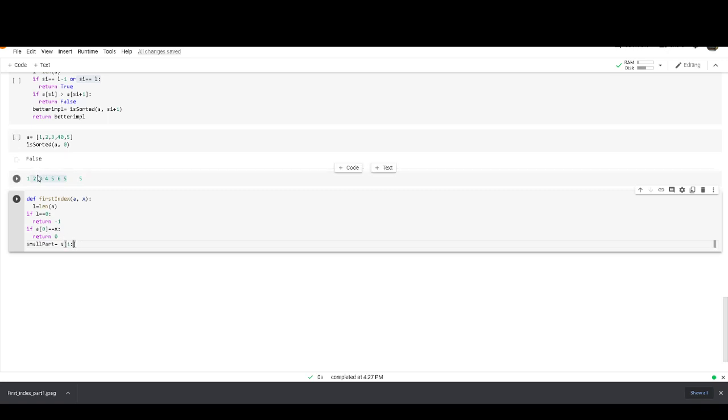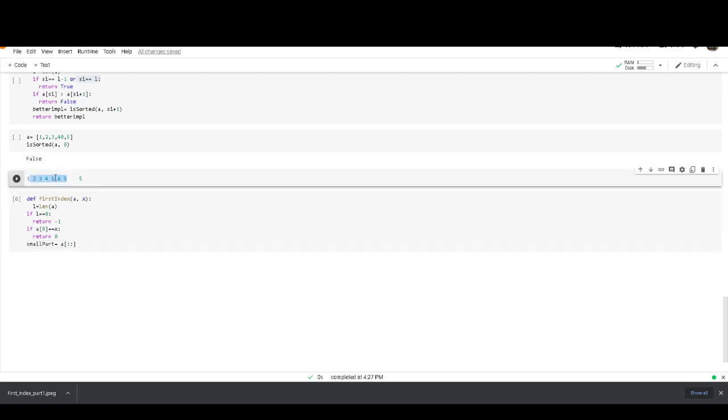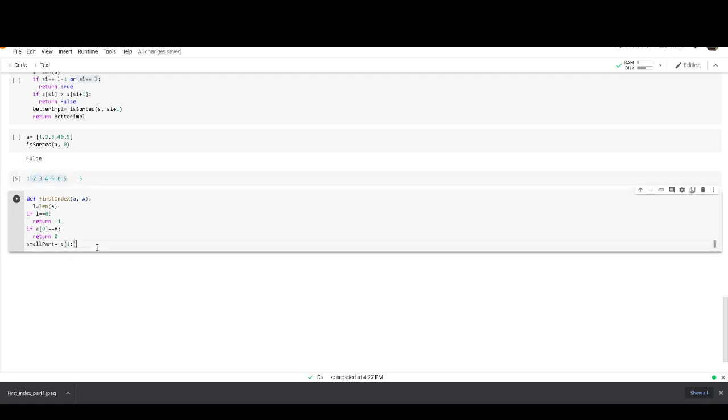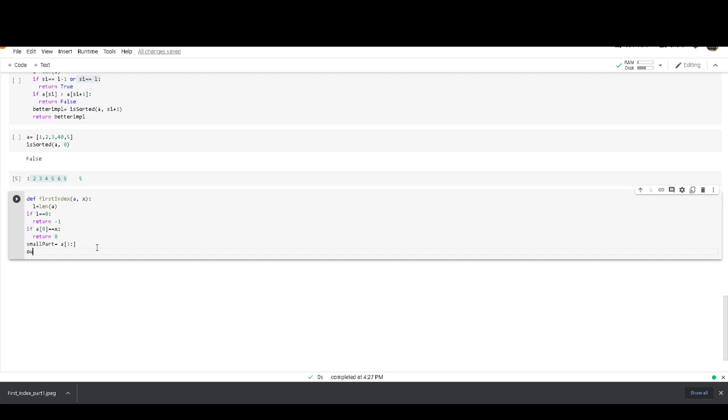We are going to start from index 1 to n. So what will be the output? Output equals first index, which is where we are going to apply recursion, and the small part of what we are going to find.